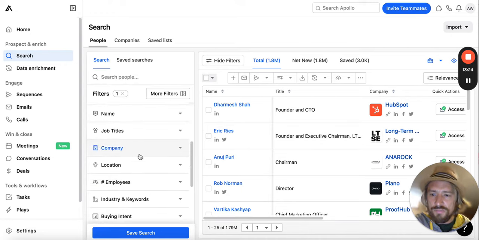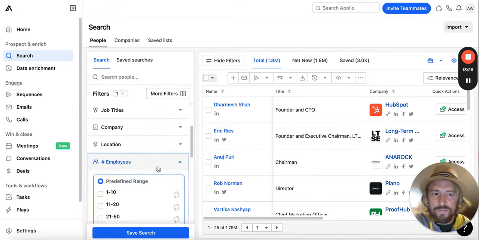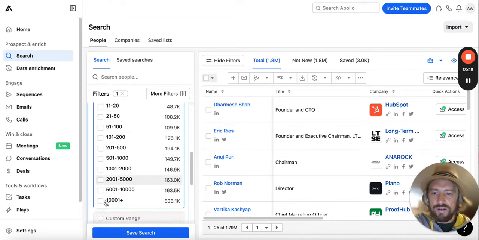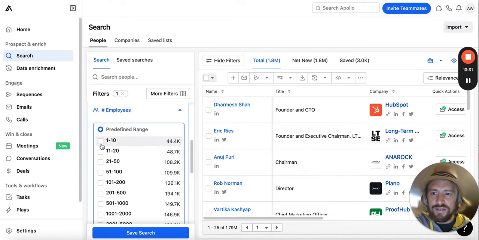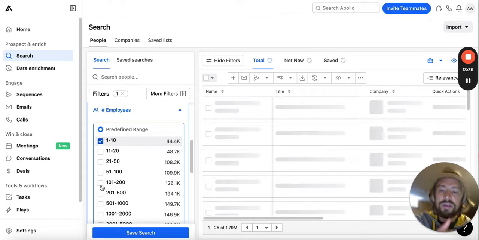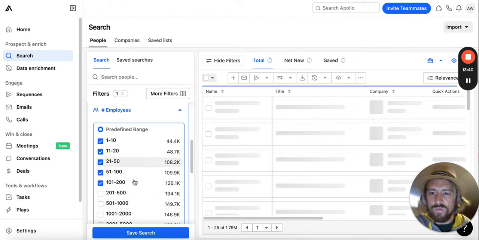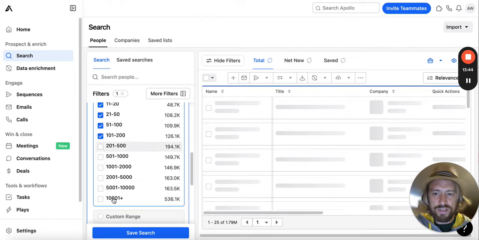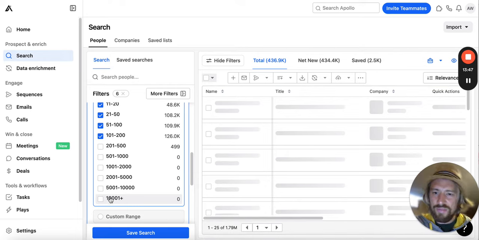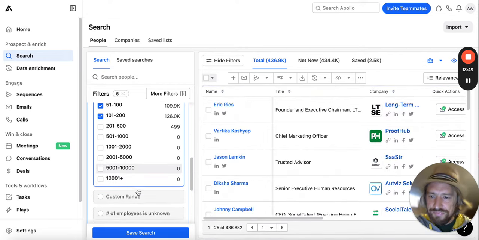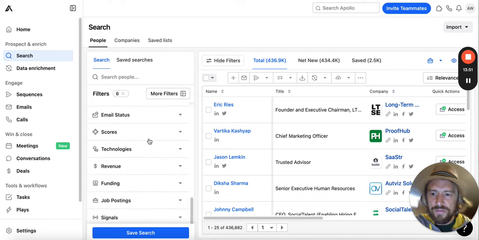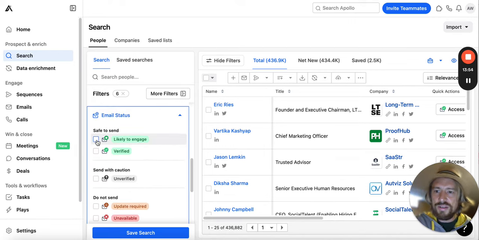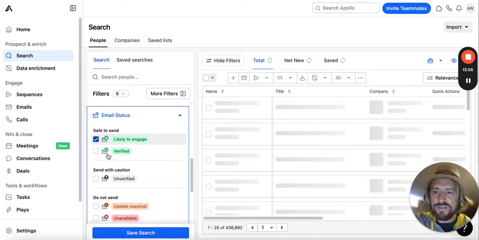Now, what you probably want to do here, unless you're going after the biggest companies in the world, is use some filters to choose the number of employees, or the company size, that you want to go after. So I'm going to put it from 1 to 200. You obviously choose the numbers that are right for your own particular project, and hey, if you're going after the big companies, that's fine too. You put in whatever you need to put in, come to email status, select only likely to engage and verified,